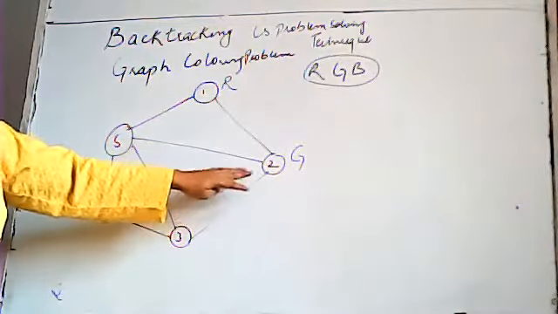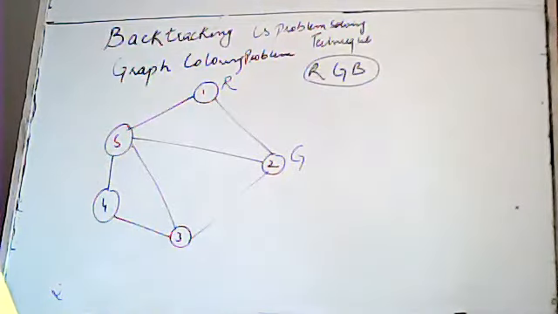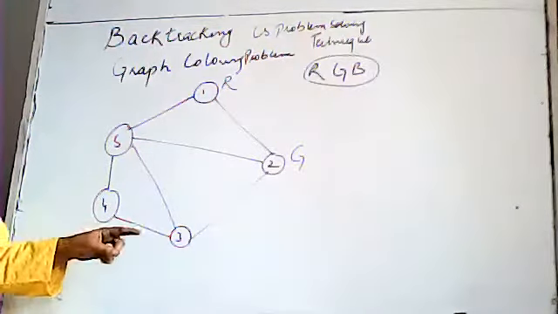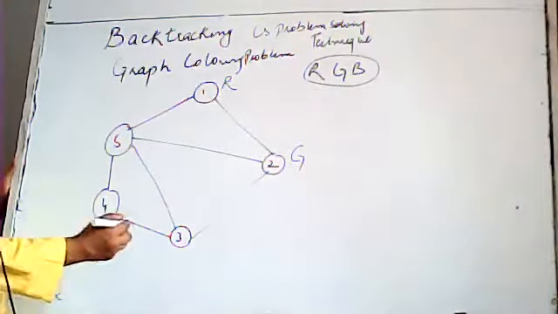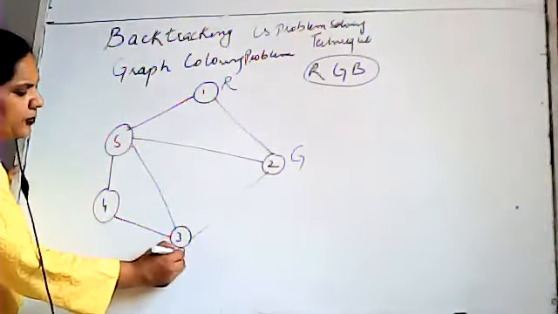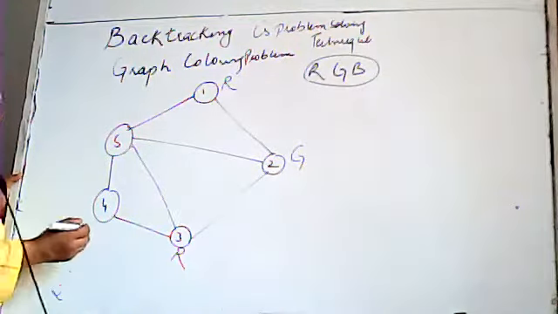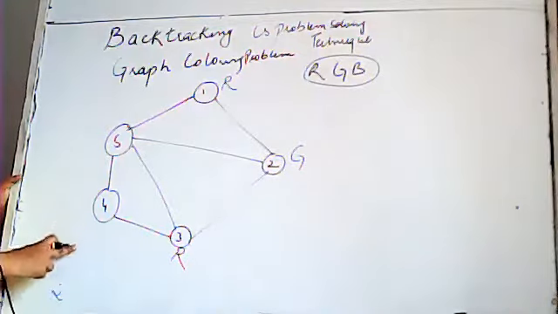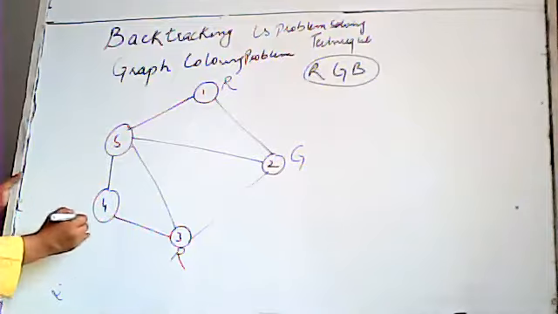Now the color of 2 is green and the color of 3 could be what? Can it be red or can it be green? We assume that initially we have two colors. First of all, we'll take those colors into the count. First node is with red, second is with green. 2 and 3 are connected. So we can put red color on node number 3. Fine. Now can 4 be painted with the red color? No. Then it could be painted with green color.